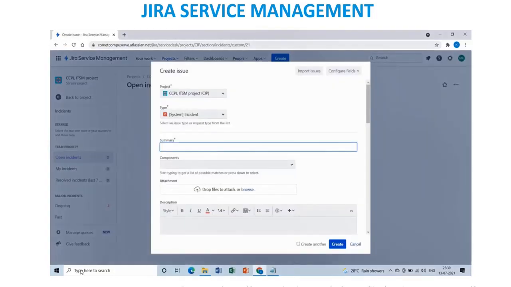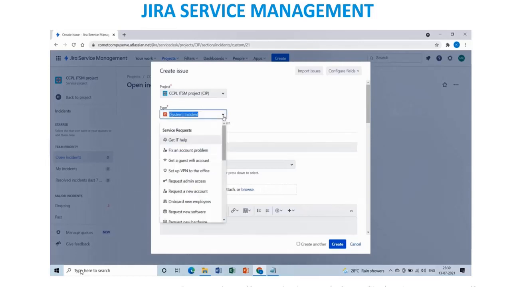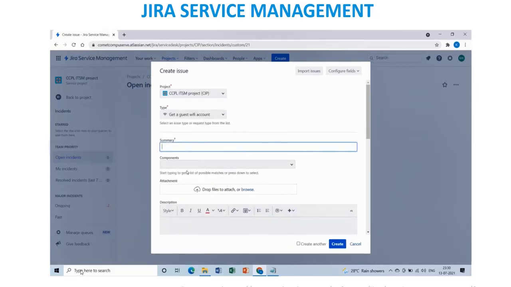Another ticket. Now it is a guest Wi-Fi account. There is an issue in the guest Wi-Fi account. We are going to create a ticket.